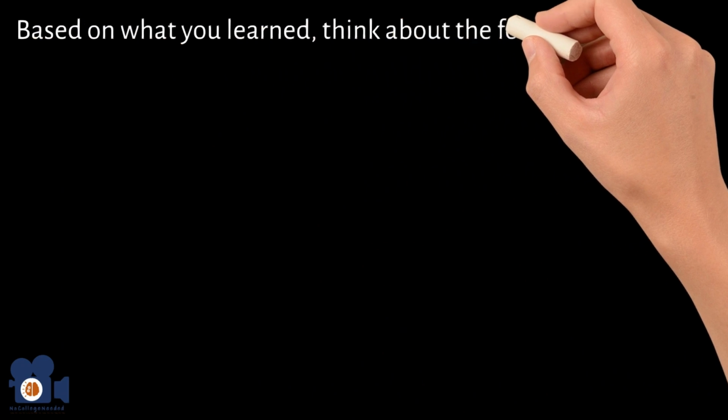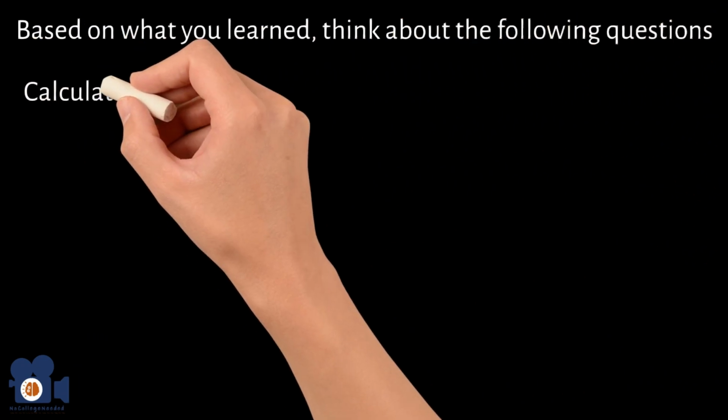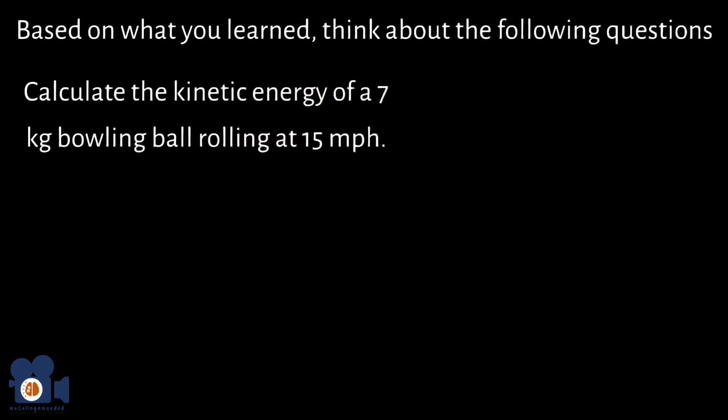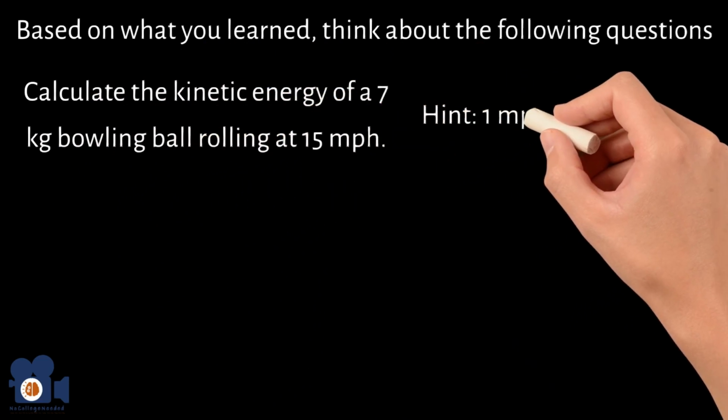Based on what you learned, think about the following questions. Number 1, calculate the kinetic energy of a 7-kilogram bowling ball rolling at 15 miles per hour. Hint, 1 mile per hour equals